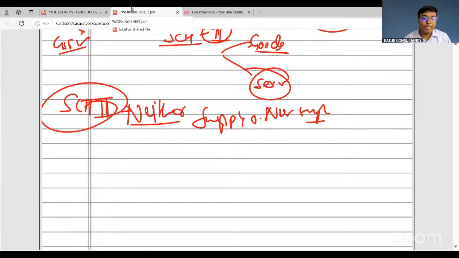Is that okay? Now, let's start our discussion in a detailed way about this supply. But before moving to the detailed discussion, I think you should know the section number. This is section number 7, which is related to supply, and which is a very important section. If you have attended the memory technique session, then you already know the memory technique for section number 7. S for 7, S for supply. So this section number 7 is related to supply.